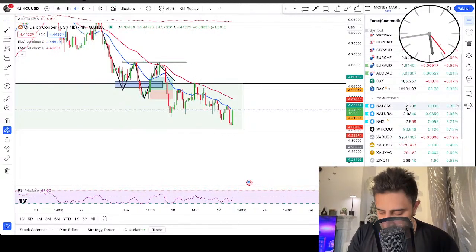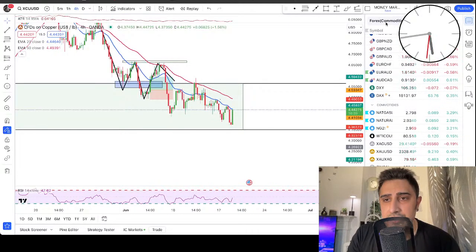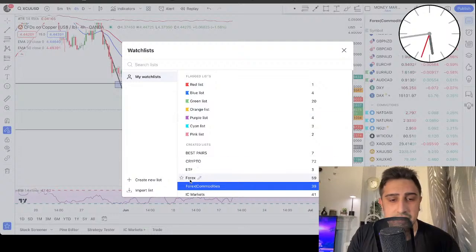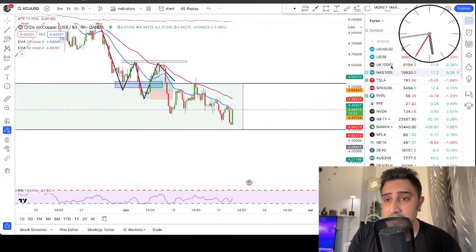So ZAD, AUD, MCX, yeah, MCX. I'm going to take a look at that as well. So ZAD, for now, the AUS Australia 200 index, for now that looks to me